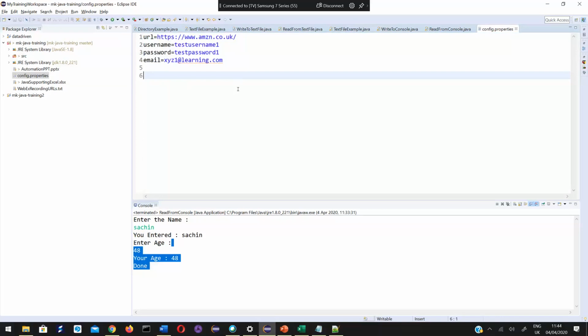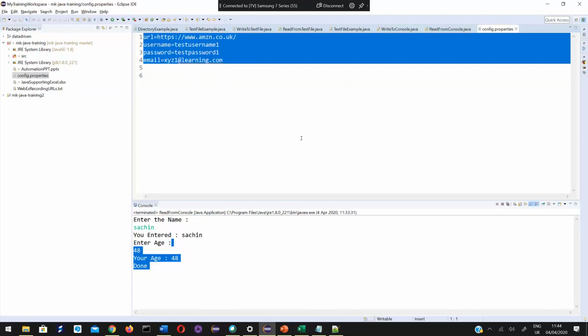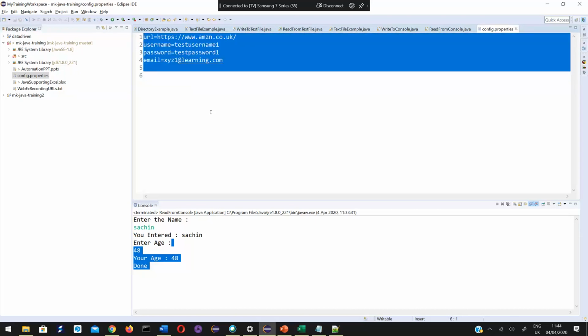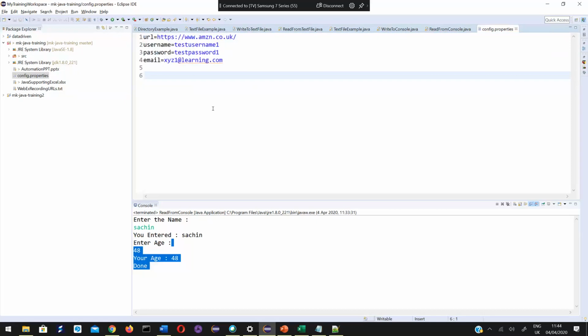Now there is only one place where I need to change those values. That is this properties file. It is enough to change those properties in this properties file, rather than changing them everywhere in the code. If this URL, username, password are referred to in 100 test cases, that means 100 places. If I don't use this properties file concept, I need to change those values in all 100 test cases. But if I use a properties file, there is one place where I need to make that change. That is this properties file.